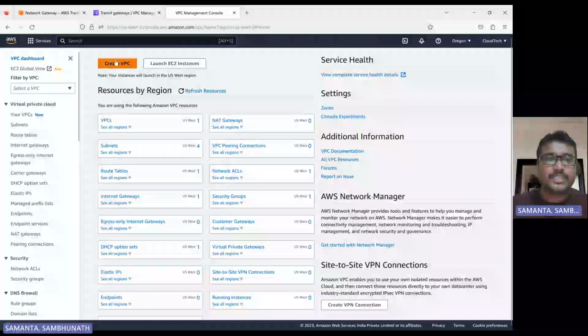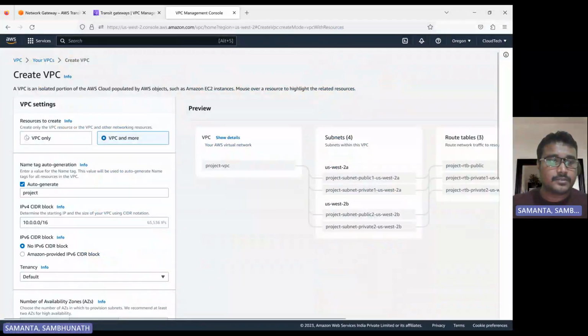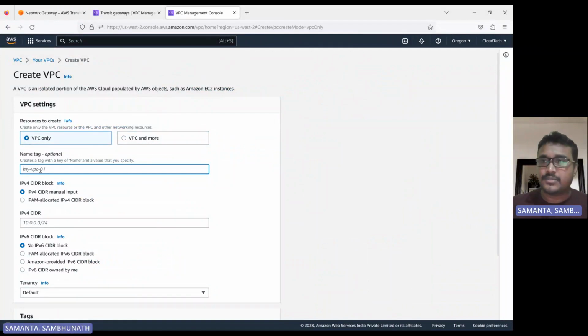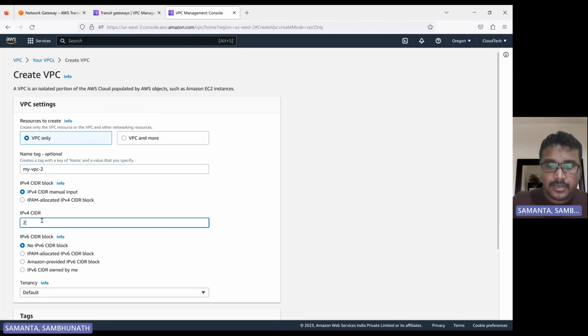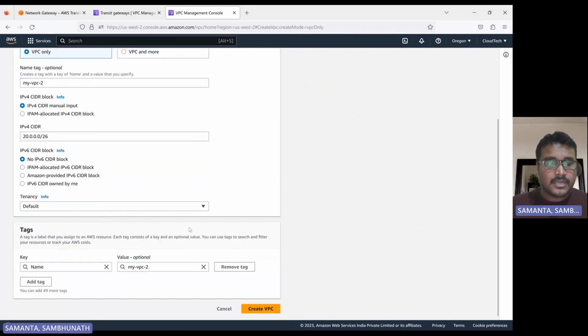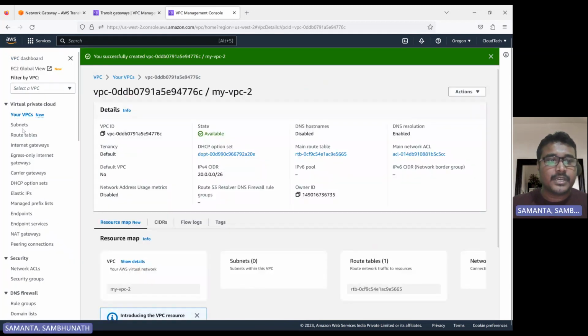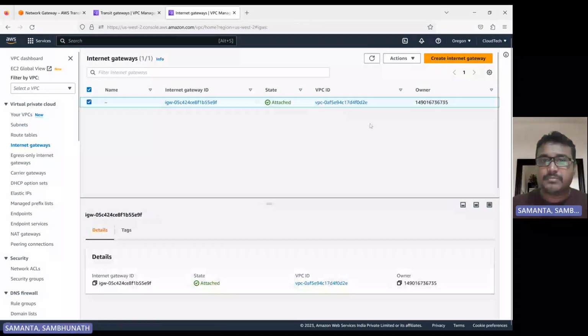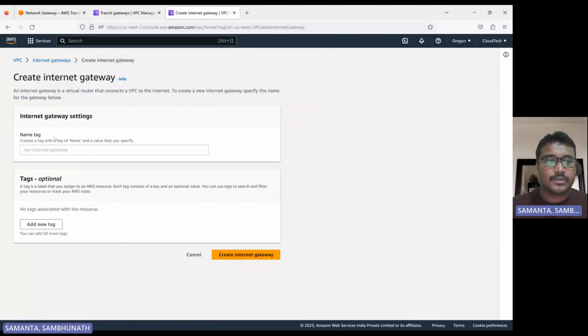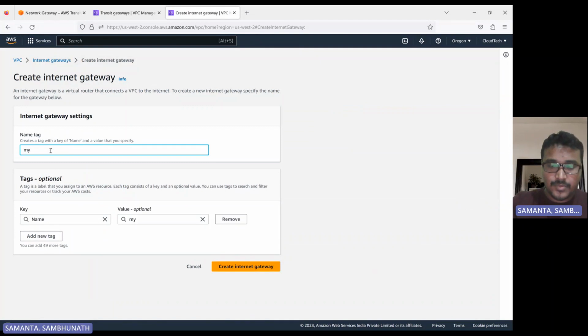And here also let me create one VPC. Okay, my VPC, and this is Oregon. And here keep the CIDR value, suppose 20.4.4.4/26. Okay, guys, let me keep everything as it is. Let's go here, and then again here also the same. We have to do the internet gateway, which is the public access. So my VPC